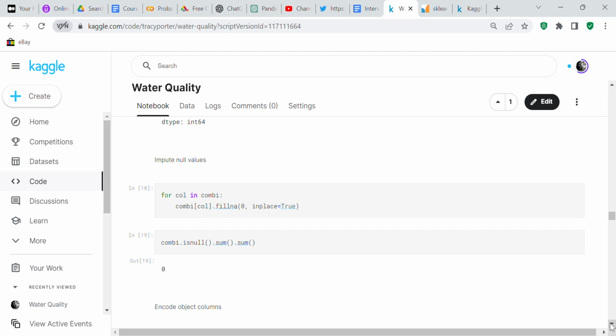I initially tried to replace all the null values with the mean of the column, and it just caused the program to lock up. It just wouldn't work. Because of that, rather than replacing it with the mean, excuse me, it's really early in the morning, I decided just to replace it with 0. I also could have used an imputer in sklearn, but I didn't want to.